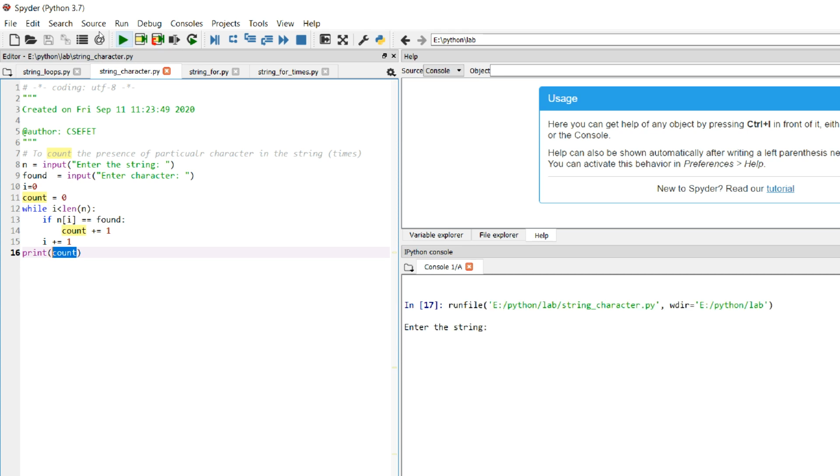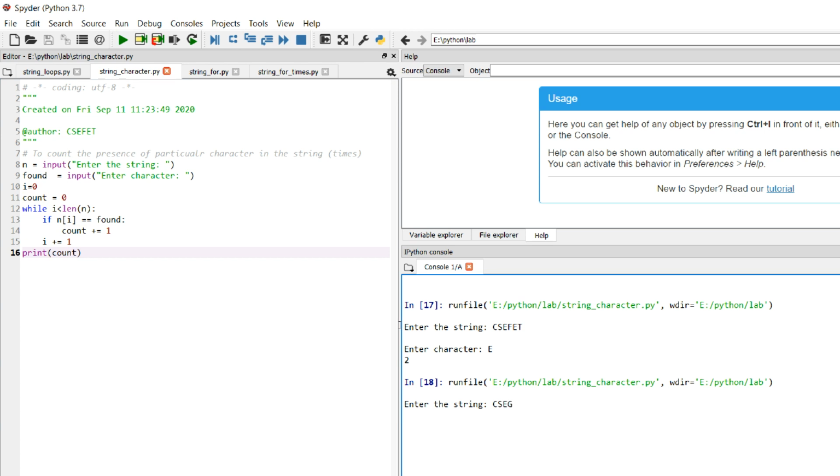Now as soon as we run this program, it says enter the string. For example, I enter the string CSCFET, then it asks to enter the character. I say the character E, so E has come 2 times, and it gives the output 2. We run the program again and it says enter the string.